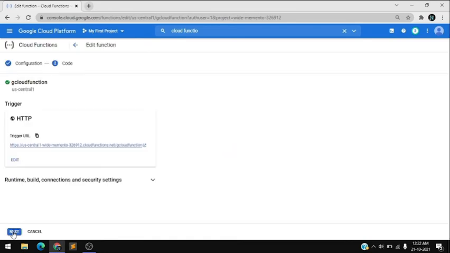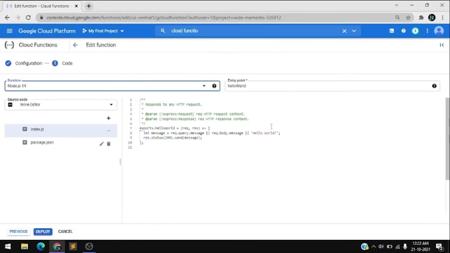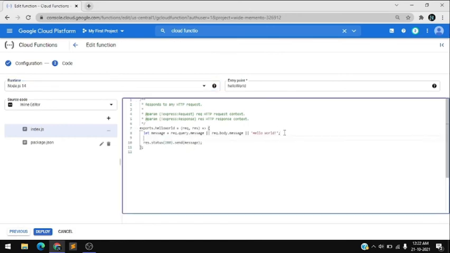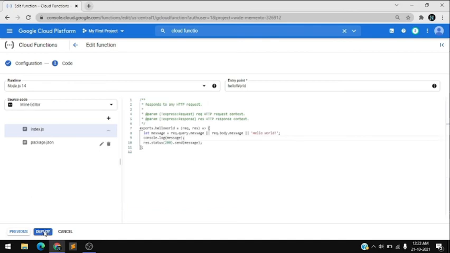Now click on next, and I just want to add a console log. So write a console dot log and return a message. So write a message. Now click on deploy.